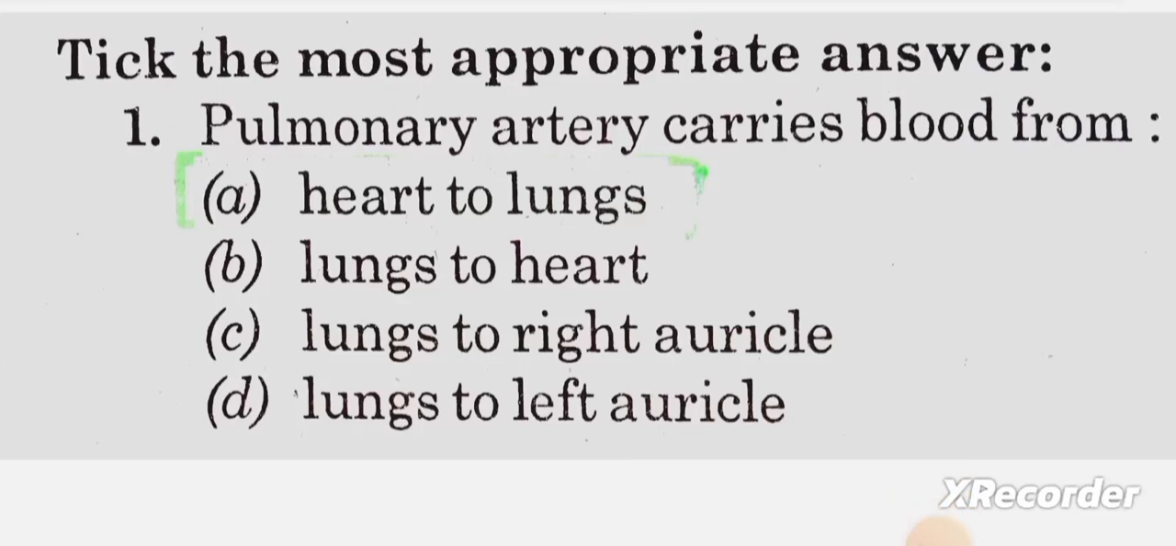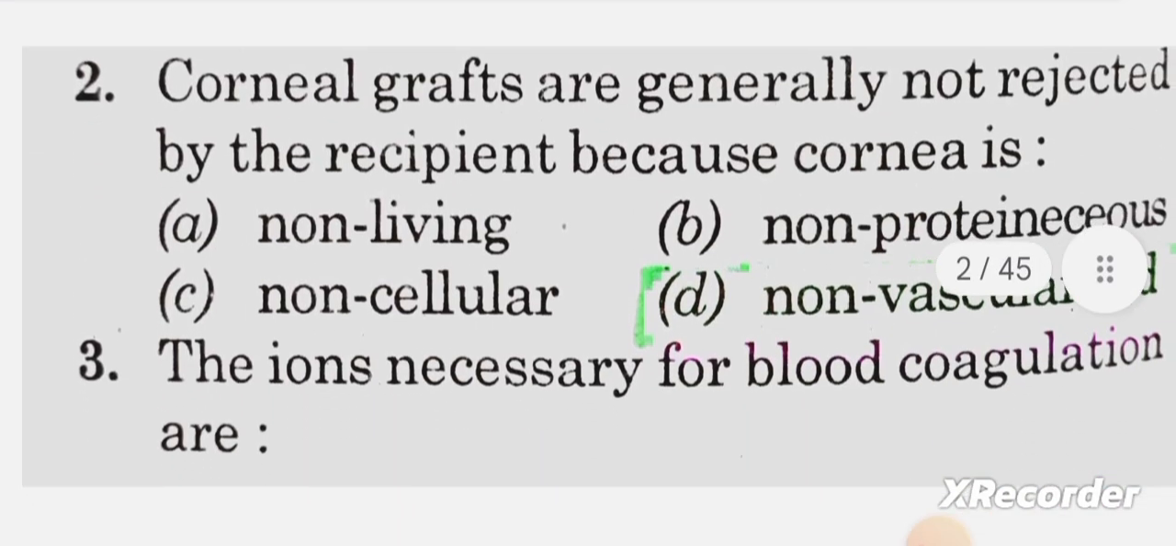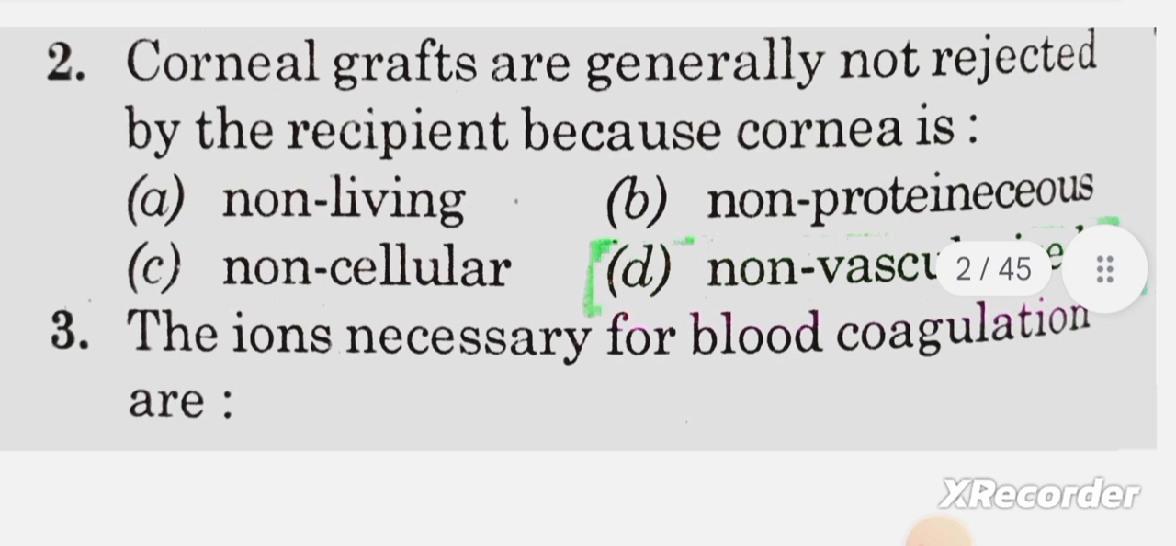Let's see about the circulatory system. Let's start. Number 1. Pulmonary artery carries blood from answer A, heart to lungs. Next, 2. Corneal grafts are generally not rejected by the recipient because the cornea is answer D, non-vascularized. Number 3. The ions necessary for blood coagulation are